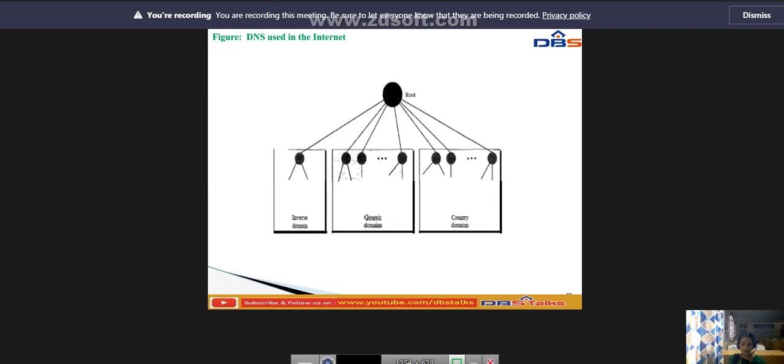This is the inverse domain, the middle is the generic domain, and this is the country domain. At the top I have the root. The generic domain defines registered hosts according to their generic behavior. Each node in the tree defines a domain, which is an index to the domain namespace database.